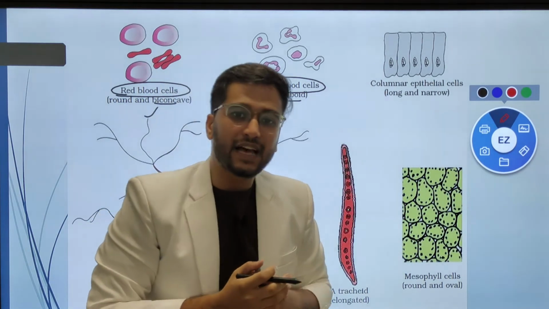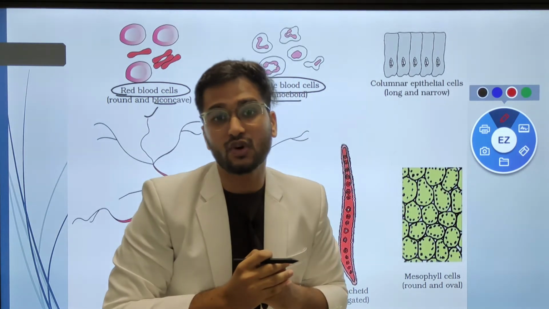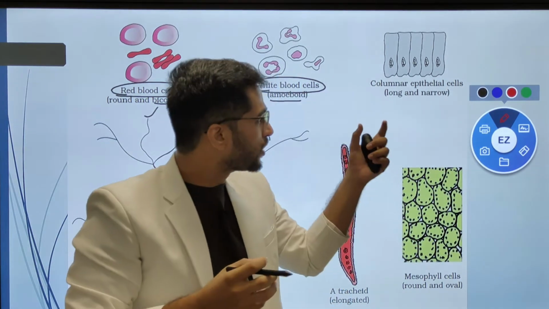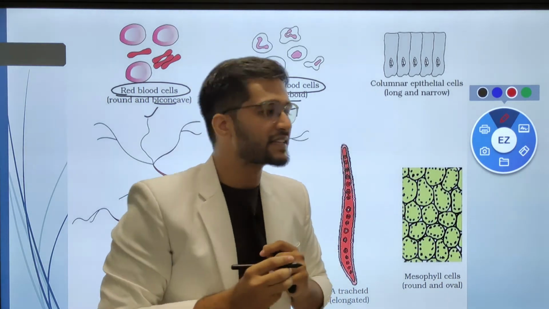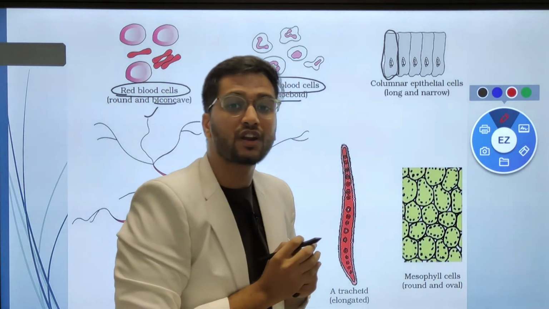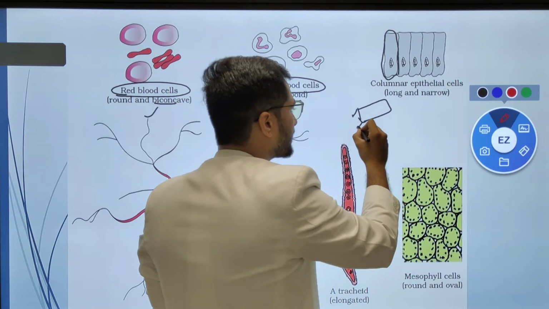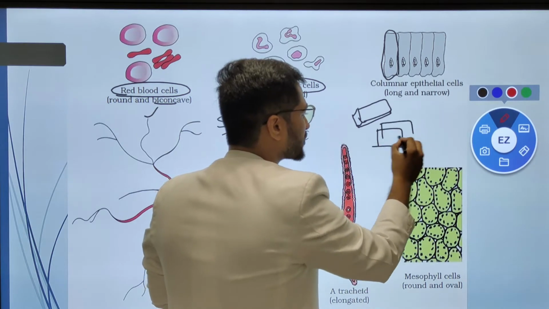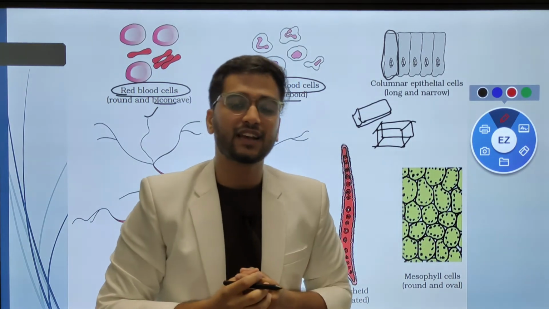Then another example is the epithelial cell. Every organ of our body is composed of an outermost layer, which is known as epithelial cells. Due to functionality, or need, we find that there are three types of epithelial cells. Some cells, like those of the respiratory tract, are long and present in columns, so they are known as columnar epithelium. Some, like the skin cell layer, are flat cells called squamous epithelium. Some cells have a cube-like structure, so they are cuboidal epithelium. So the shape changes with their functionality.